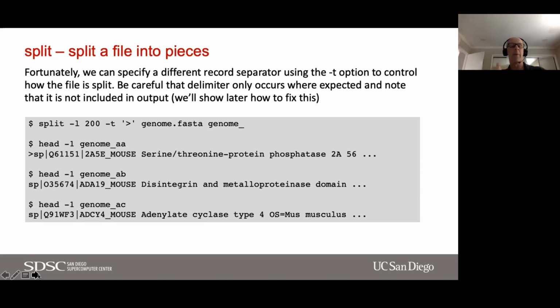So here I'm going to split into groups of 200. So this is not going to be 200 lines, but essentially 200 of these records. And then with the -T and specifying greater than sign in quotes, I'm saying I'm going to make my delimiter the greater than sign instead of the new line. And now if I look at the head of each of those